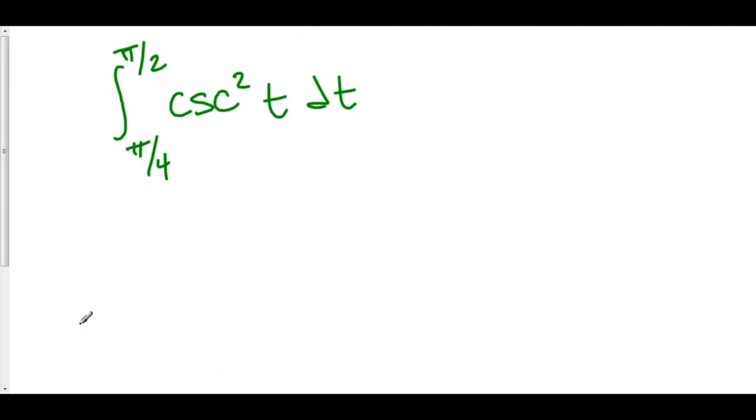Once again, we'll just use our trigonometric formulas from derivatives. Here we've got the integral from pi over 4 to pi over 2 of cosecant squared t dt. Now we've got to find the antiderivative of cosecant squared. Well, I know that if you take the derivative d over dt of cotangent t, this is equal to negative